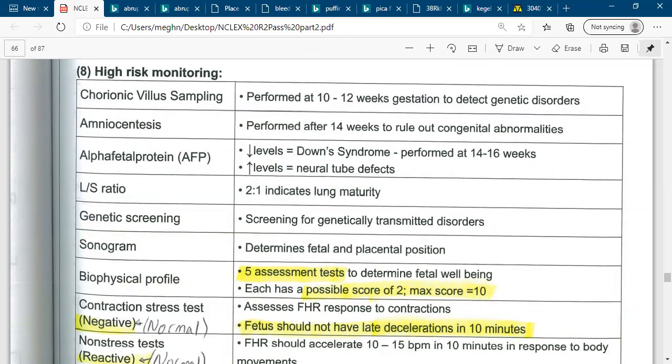One of the tests we do is called chorionic villus sampling. Another test we do is called amniocentesis. Amniocentesis, right? So here, the picture showing